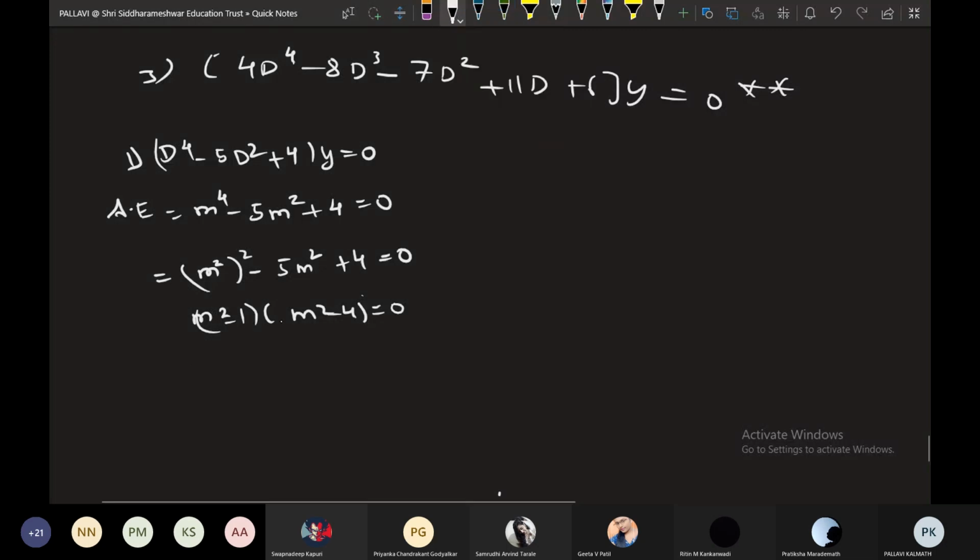Okay. So see here, another way of simplifying this, you can write it as m square the whole square minus 5m square plus 4 equals 0. So if we try to factorize it, you can write it as the product of m square minus 1 into m square minus 4. Instead of synthetic division, if you have done that, that is also fine. But you can write m square minus 1 as what? a square minus b square is